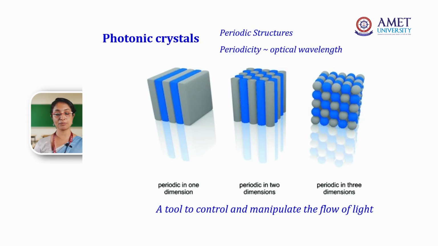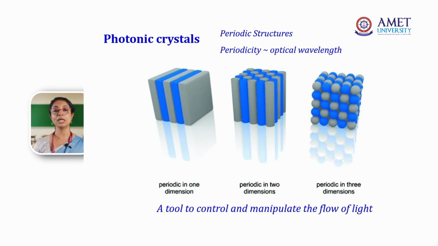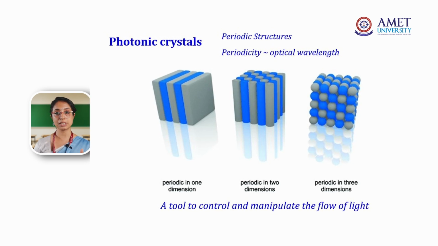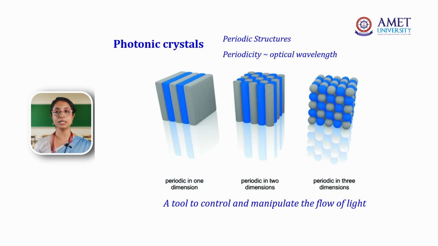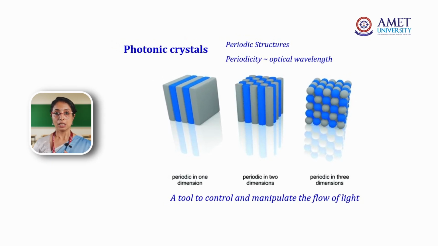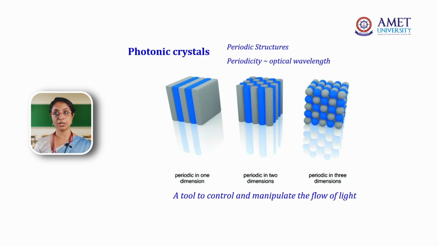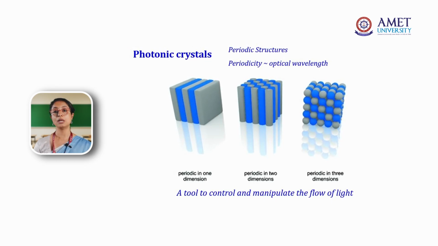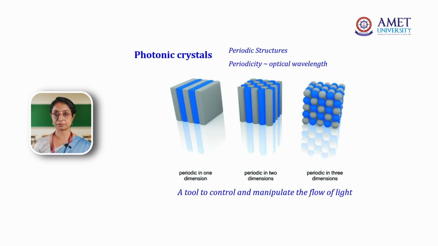If you look at photonic crystals, we can classify them into three types: they are either one-dimensional, two-dimensional or three-dimensional. In one-dimensional periodic structures, you can see there is periodicity along a single direction. And in three-dimensional, in all three directions, you can observe the periodicity. And this type of structure, depending on the periodicity and also the size of the particles, will reflect different colors, which is called the photonic band gap.